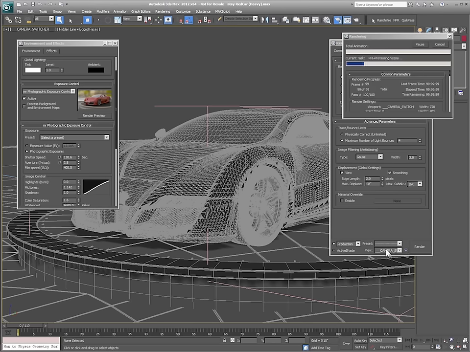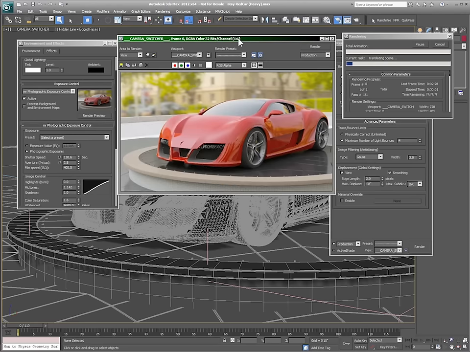Now as I click the render button, Iray is going to fire off, and let me actually move the frame buffer into the view so you can see it. This is actually the last rendering I just did. The one I'm about to do will take 1 minute. It'll be slightly darker than that. It'll look just like this. But that's one of the reasons why you want to use this exposure control, specifically the mental ray photographic exposure control, because it gives you a great quick way of doing preview test renders